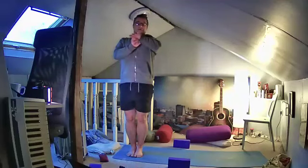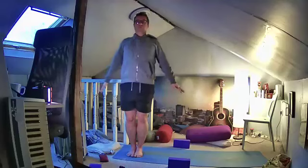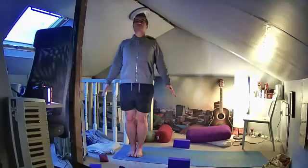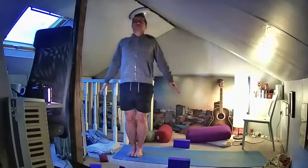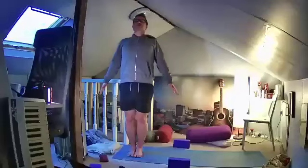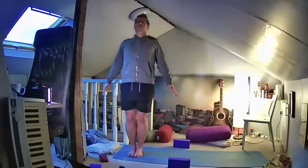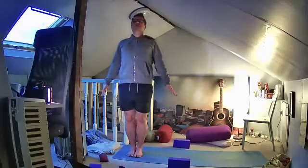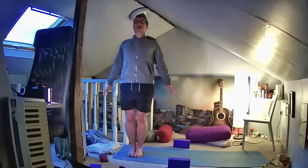So lift up into the chest. Elevate the heart area upwards, drawing your shoulders down away from your ears. Breathe in through the nose and out through the nose, listening to the breath. Just feel that your weight is evenly distributed between the feet. Or is there a fluctuation of your balance? There's bound to be,